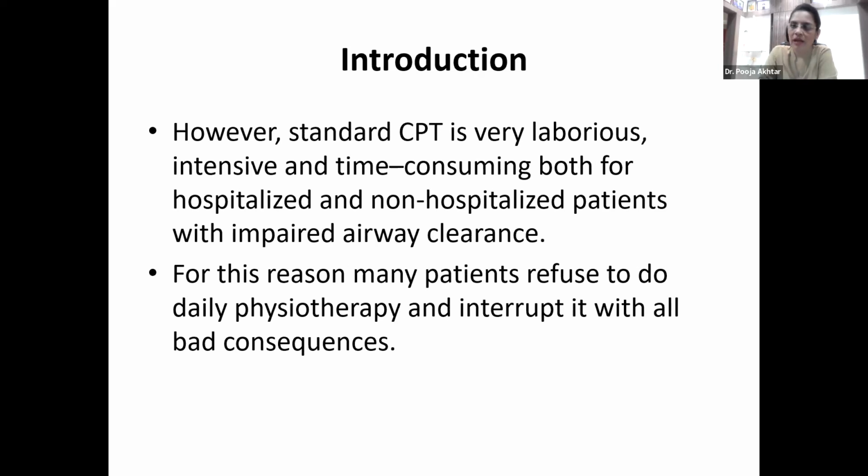We all know as physios, if we have 4 patients in the ICU, then